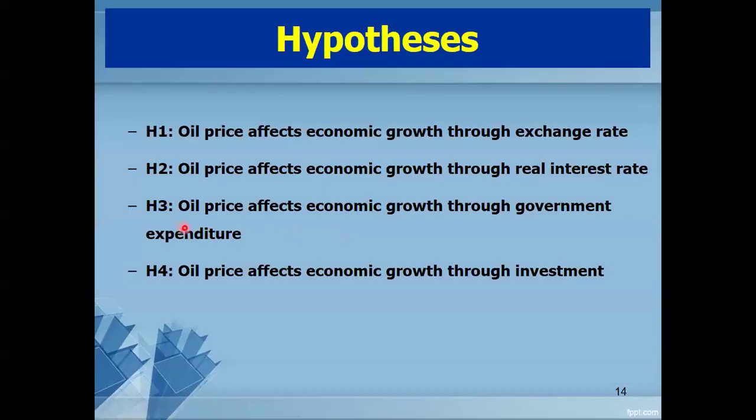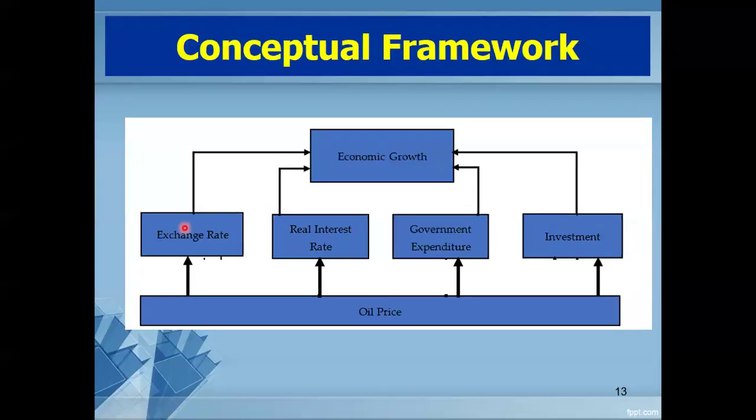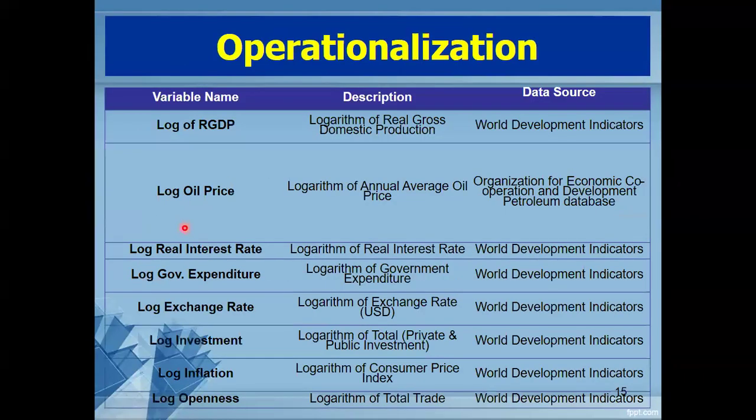And then the third one is oil price affects economic growth through government expenditure. And the fourth one is oil price affects economic growth through investment, right? Therefore, all these hypotheses should be aligned with this conceptual framework, right? Then create the conceptual framework and then highlight the hypothesis,